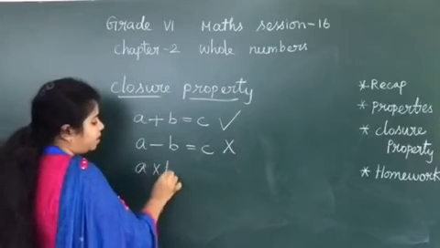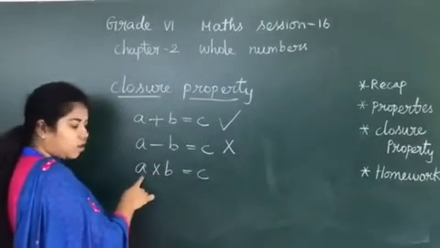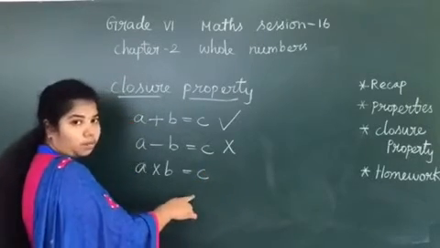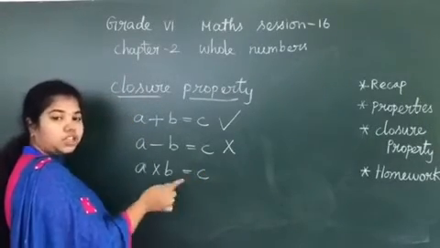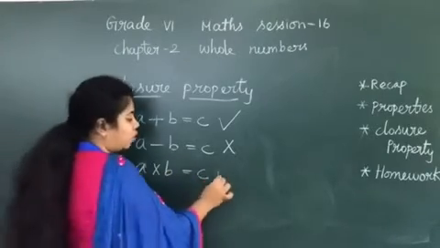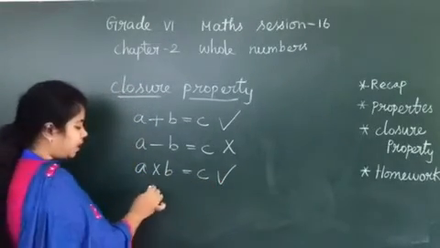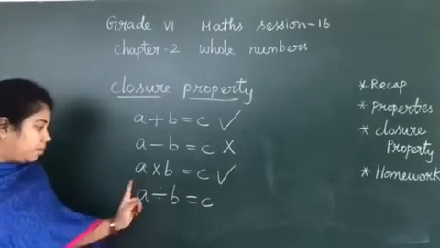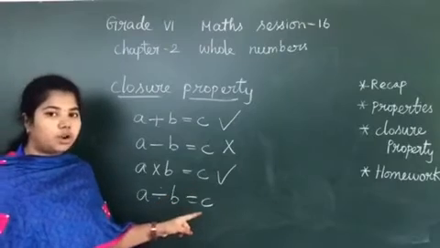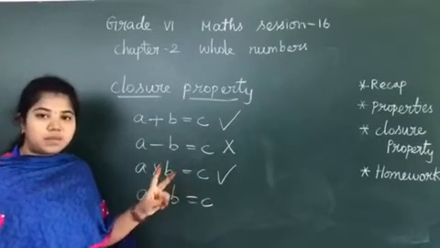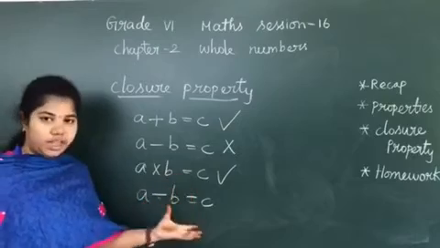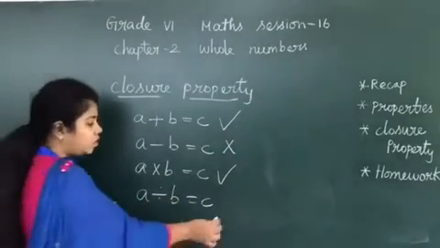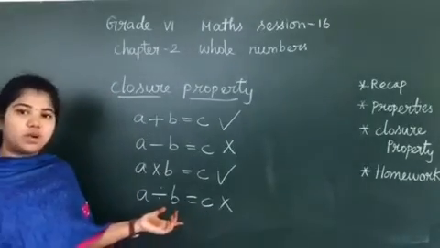A multiplied by B is equal to C. Again, A is a whole number, B is a whole number. Sorry, C is a whole number, because here everything, wherever you change, the number will be positive only. So it is a whole number. It satisfies the closure property. And A divided by B is equal to C. Here A is a whole number, B is a whole number, but C is not a whole number because we got fraction, decimal and rational number. These three you will get here. So you will not have this as a whole number. Okay, so it is not satisfied. It does not satisfy the closure property.